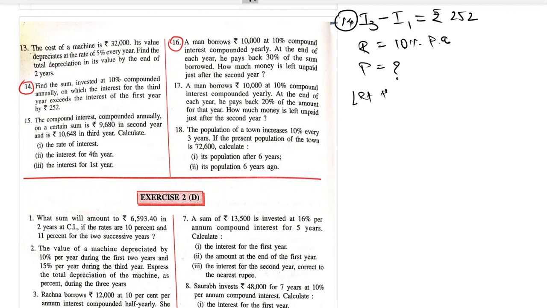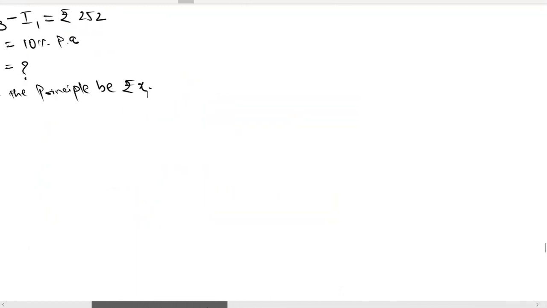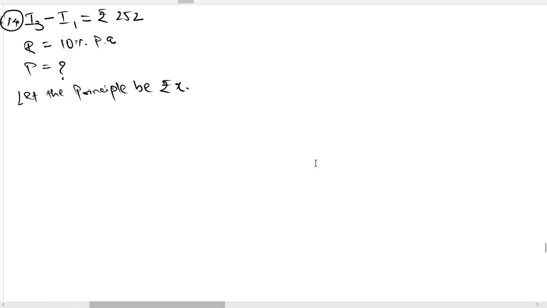So let the principal be rupees X. Right? We can find it easily. This is an easy question. All are easy questions, but since you have doubts, we have to solve them. Okay, let the principal be rupees X. Now what to do next? Now we have to do calculation for the first year. Therefore,